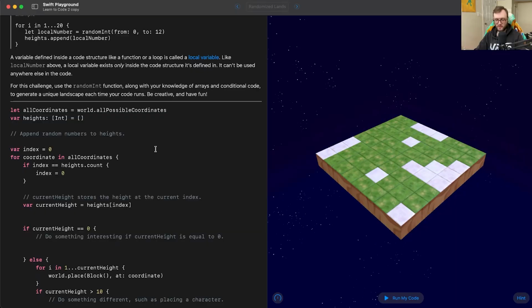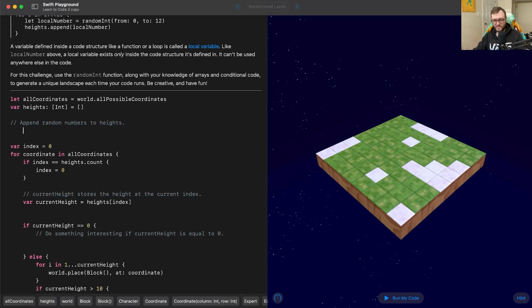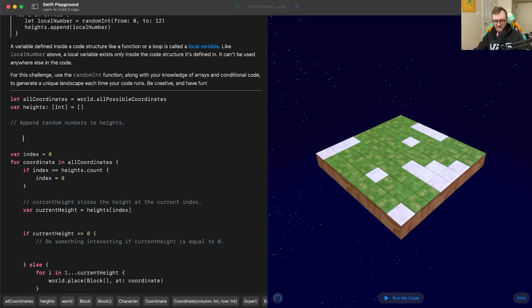This is pretty cool. I'm actually pretty excited because every time that we run this program, we're going to be building an essentially different world. Okay, let's go ahead and jump into this one. We first need to append random numbers to heights. So let's go ahead and create a for loop. So I'll say for i